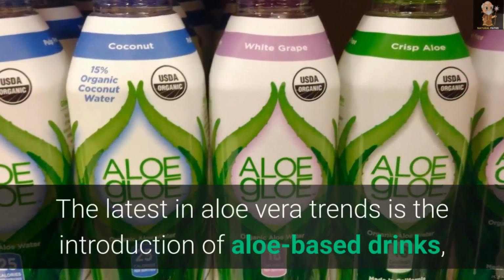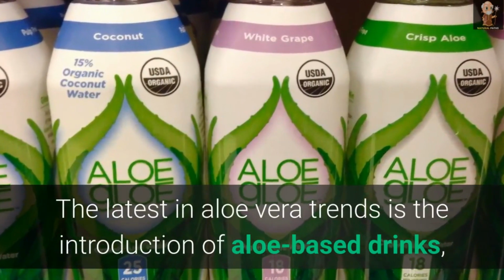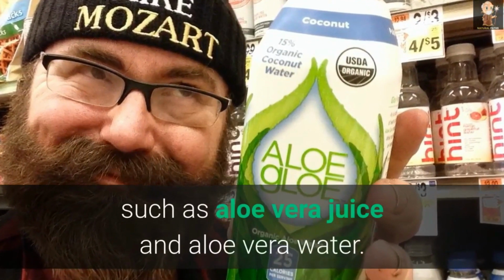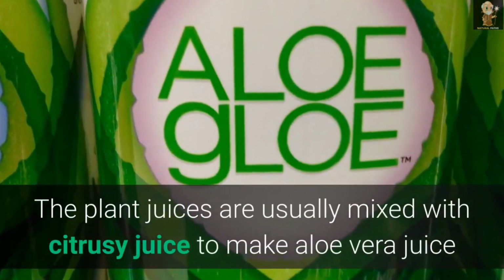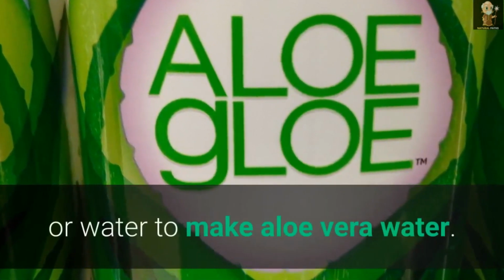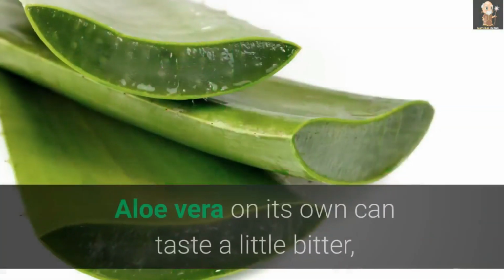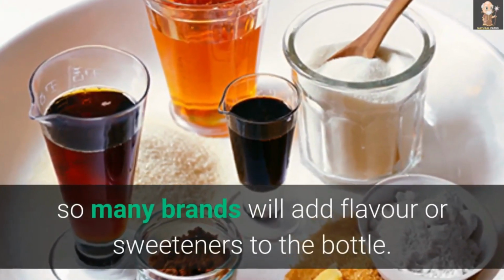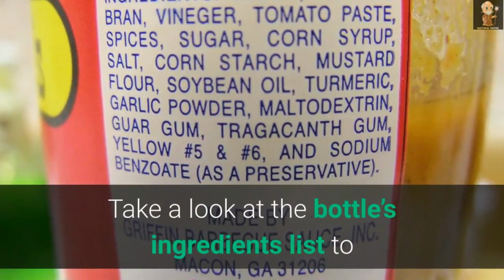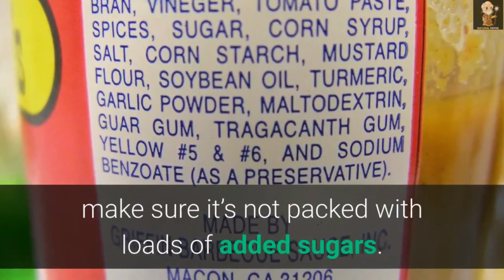The latest in aloe vera trends is the introduction of aloe-based drinks, such as aloe vera juice and aloe vera water. The plant juices are usually mixed with citrusy juice to make aloe vera juice or water to make aloe vera water. Aloe vera on its own can taste a little bitter, so many brands will add flavor or sweeteners to the bottle. Take a look at the bottle's ingredients list to make sure it's not packed with loads of